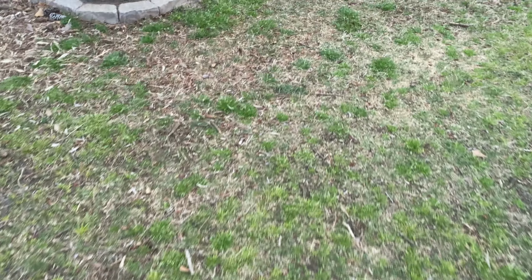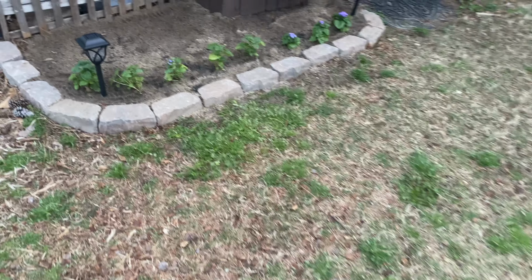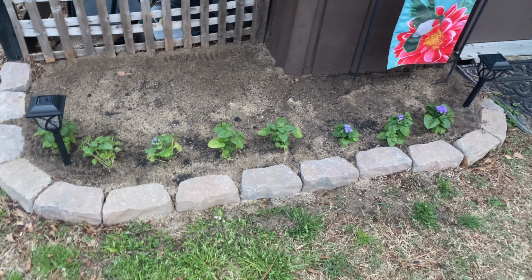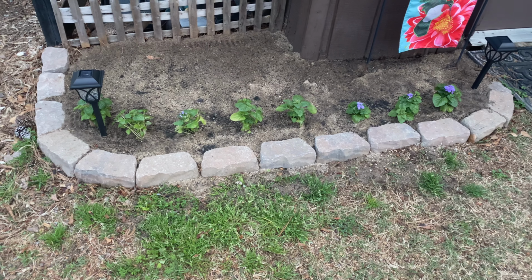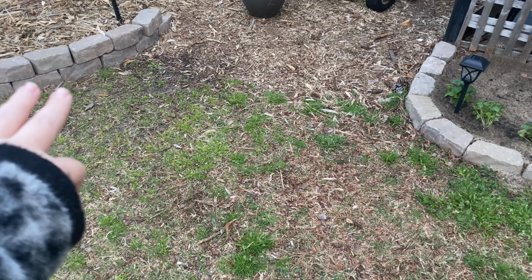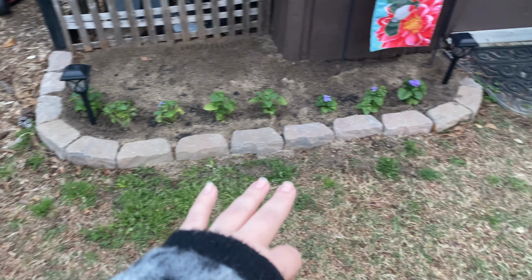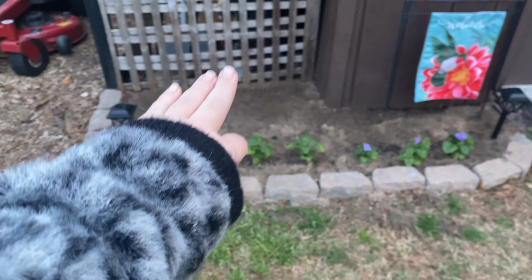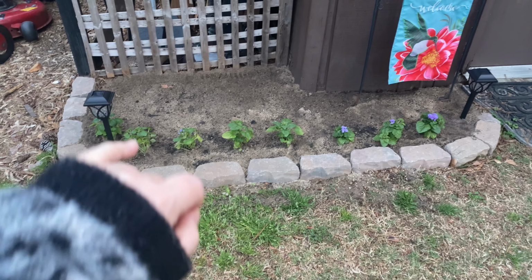But I basically wanted to show you, we impromptu started working on this bed. This bed is something that we hadn't really done too much with. Actually, it did not even exist. We had a few extra stones, and so I said, this would be really pretty to kind of cap off right here. And so what we're going to do is spray paint this screen black,